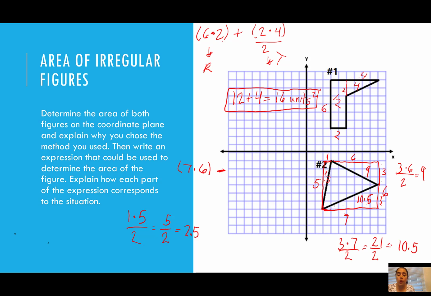So now we're going to add up these pieces together, the areas of each of the triangles. So I have 2.5 plus 10.5 plus 9. What do I get? So 2.5 plus 10.5 is 13, plus 9 is 22. So if I'm making an expression, this was the area